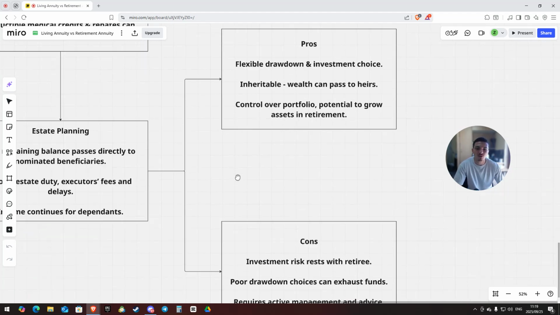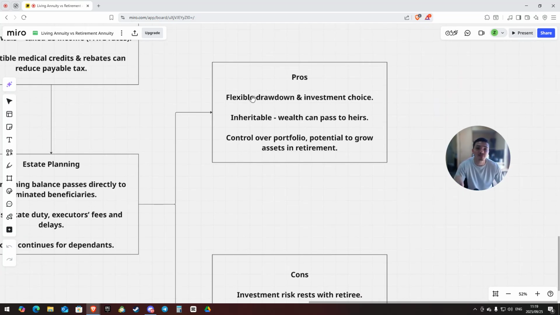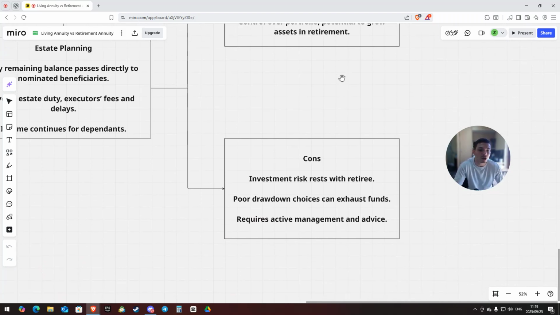So very, very important to understand, because now the pros and cons are: pros, you have flexible drawdown, you have investment choice that you can choose from. The remaining balance is inheritable and can be passed down to heirs, and you have control over your investments. Okay, you've got potential to grow your investments further during retirement. But now, obviously, the cons are your investment assets can